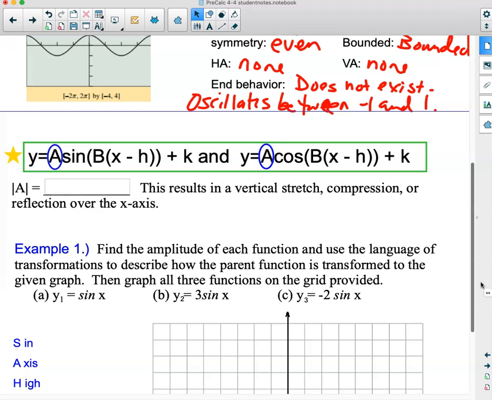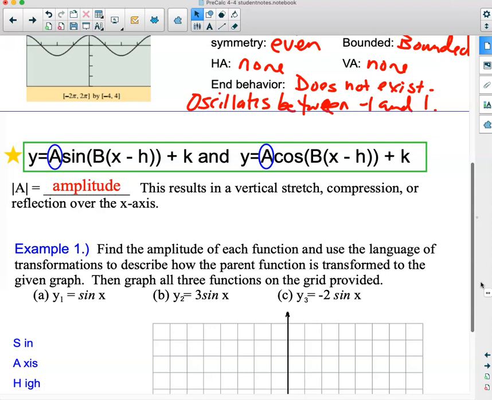Alrighty, they've got a big blue circle on A. Okay, well, it's not the A we know before because that was a lowercase a. It's a capital A because it has a special name. In sinusoids, that capital A is known as amplitude. That's the height of our graph. So they're saying we're going to change that from 1 to -1. Now we're going to vertically stretch that, or we're going to vertically compress that. And A is responsible for that piece. So A is the amplitude,